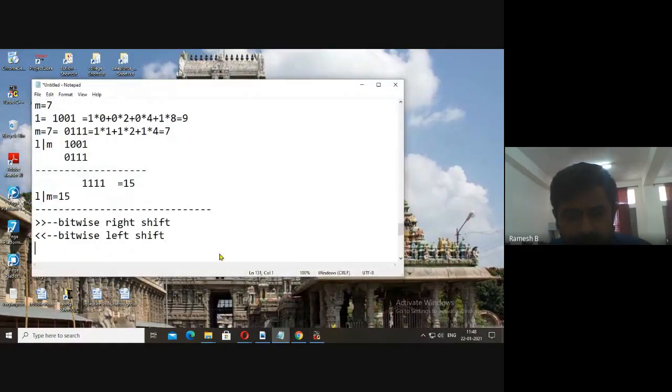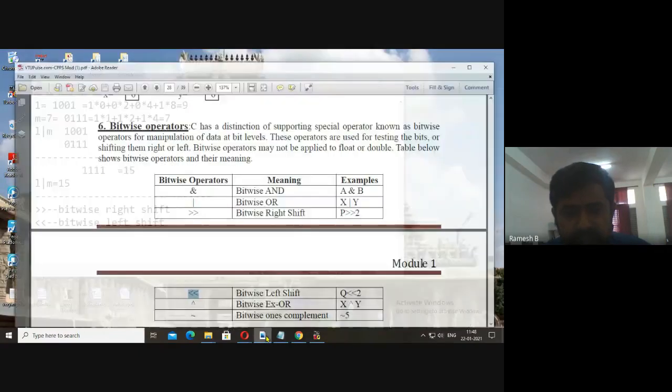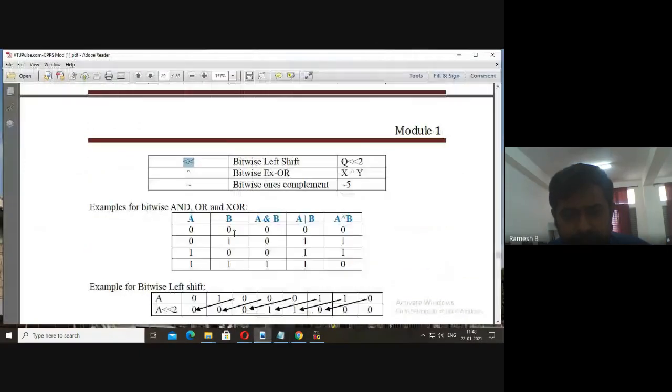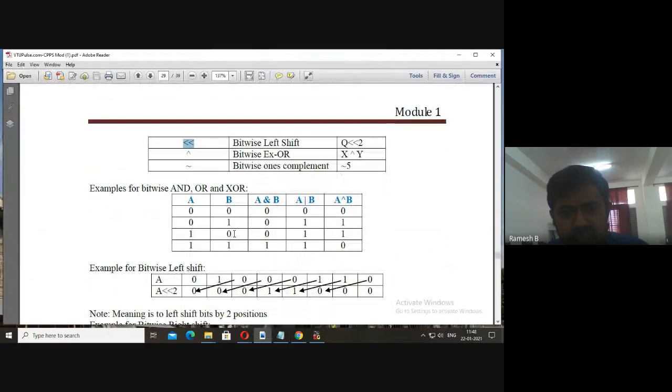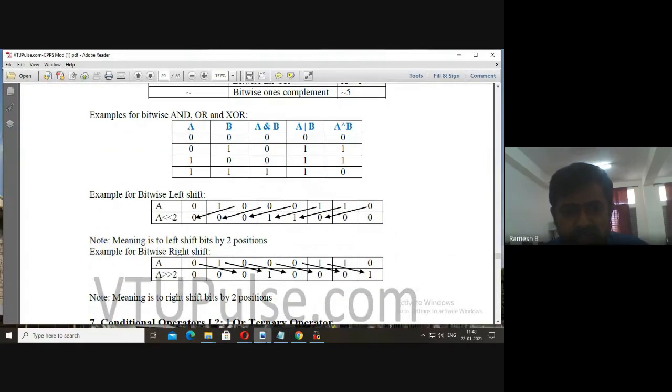Now the next thing is the right shift operator. It is known as bitwise right shift and bitwise left shift. See here, we have taken the A value as some big number. Now, if you do left shift, every bit will be moved towards the left, two times.